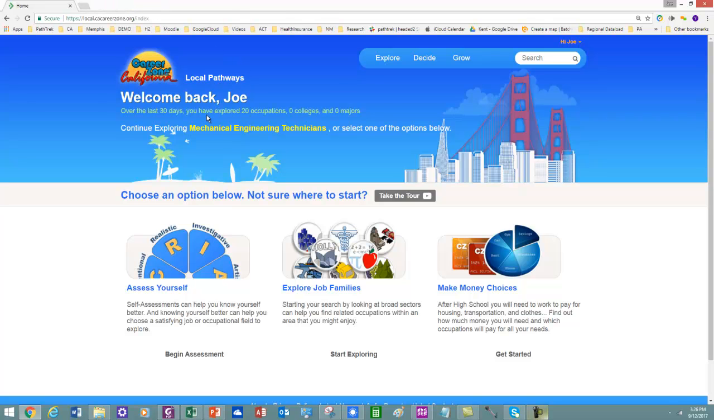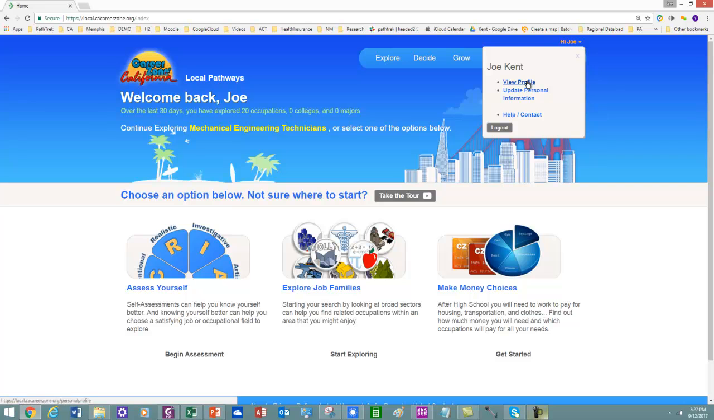So we're logged in, and now we want to find home. Anytime we're in the system, we can find home by simply clicking this icon. This will bring us back home. Or if we want to find our digital portfolio and our assignments, we'd click our name in the upper right hand corner, view profile,